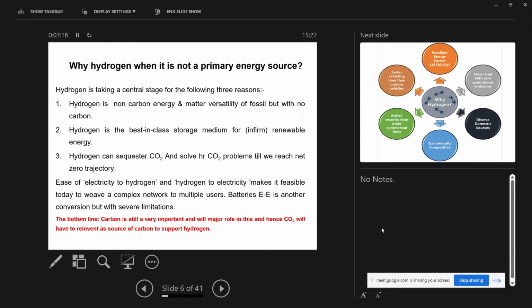So why hydrogen when it is not a primary source? For example, methane, or petroleum industries. We are depending right now on fossil fuels. More than 60% of hydrogen is derived from fossil fuels, or comes from the Arabic countries. It is a synthesis process that is very tough, producing hydrogen from methane. Till now, we are talking about how the process is going to be developed.